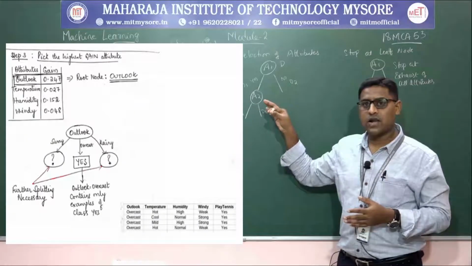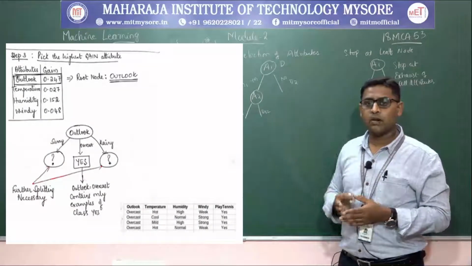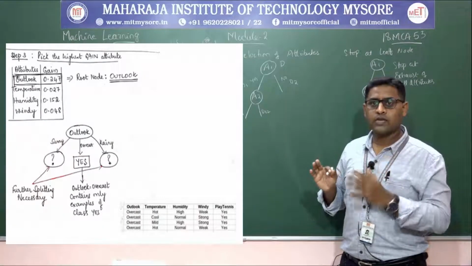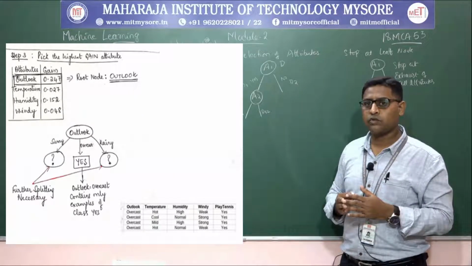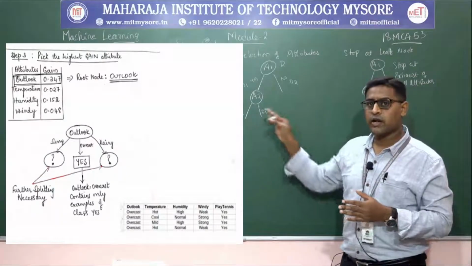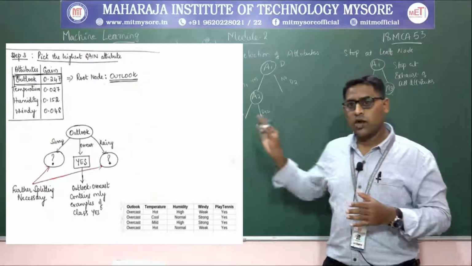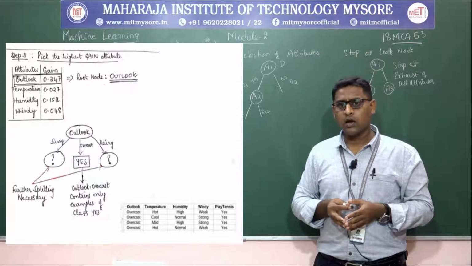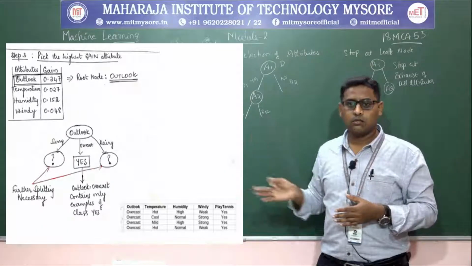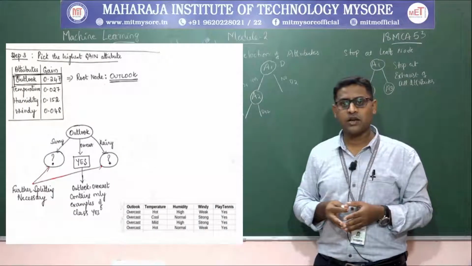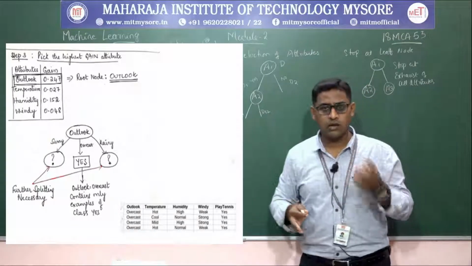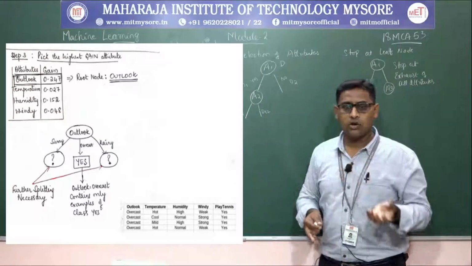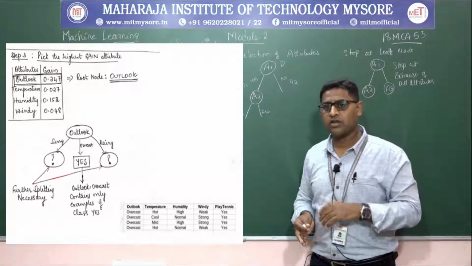So now you can start your decision tree by selecting the attribute outlook as the best attribute, which has the highest gain value 0.247, and that will become the root node. So you write outlook as the root node. After writing outlook as the root node, you have to decide the other attributes from the root node. What are the parameters for outlook? Sunny, overcast and rainy.